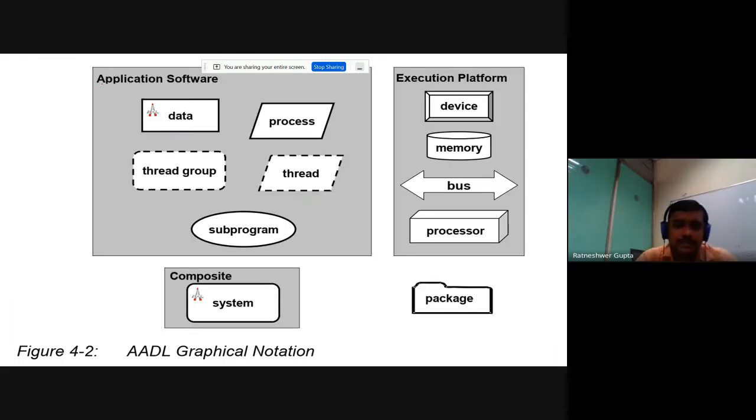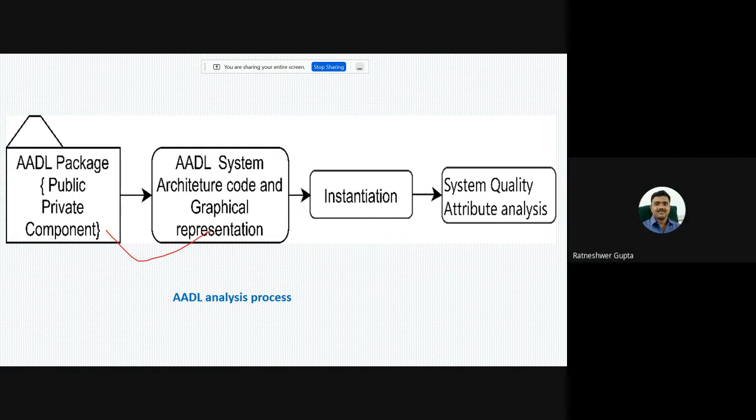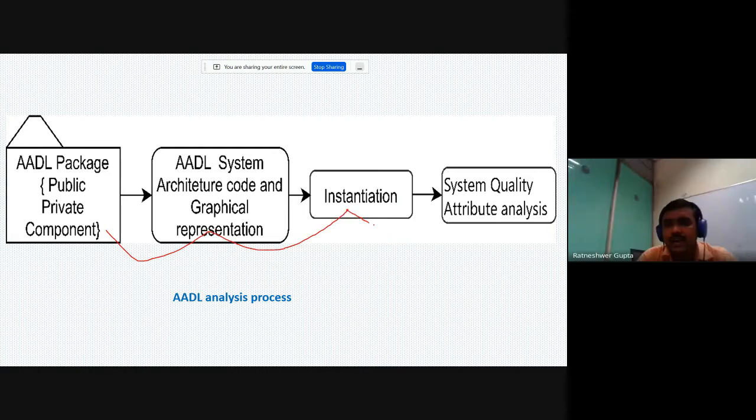Again, there is software available, and these are the notations for the different activities like data, process, thread group, thread, subprogram, system. With the help of these notations, we can make this diagram. First we have to identify the components, then identify their relationships, then instantiate the system, and then add the system properties.